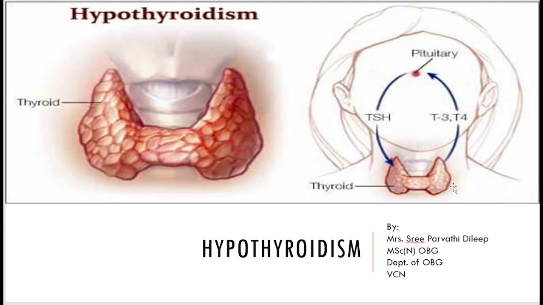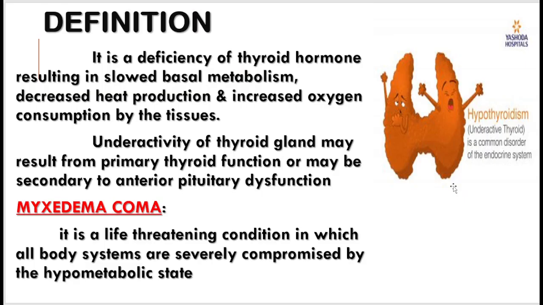It secretes three important hormones, that is T3, T4 and calcitonin. So this thyroid hormone is responsible for the basic metabolism in our body. So if there is a deficiency of thyroid hormone, that results in slowed metabolic rate. It is a definition of hypothyroidism. It is a deficiency of thyroid hormone resulting in slowed basal metabolism, decreased heat production and increased oxygen consumption